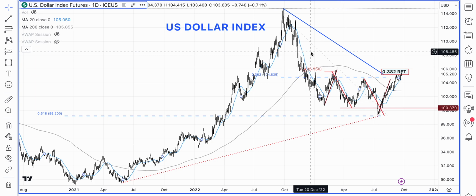In this video segment, we are going to take a look at the US dollar index and key forex pairs, namely the euro dollar, EURUSD, cable, GBPUSD, and the dollar yen. And if time permitting, I might actually take a look at precious metals, gold as well, but we'll see how